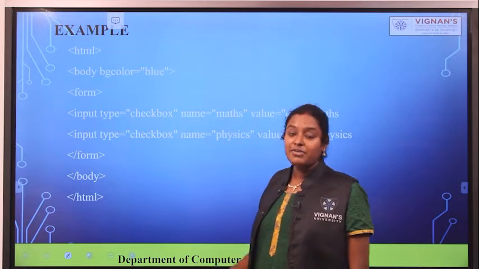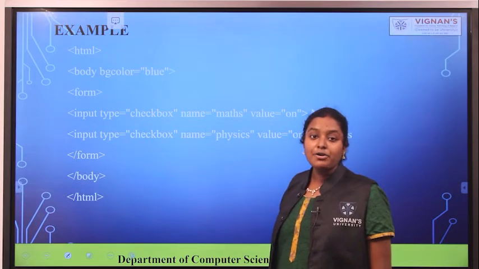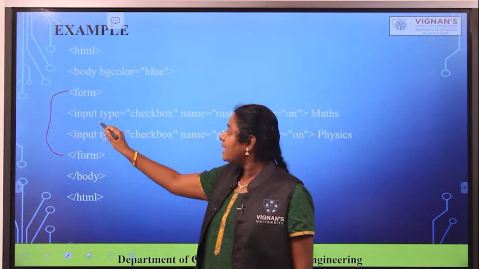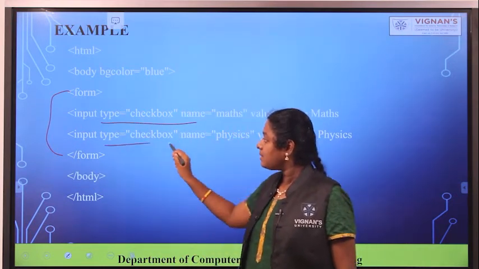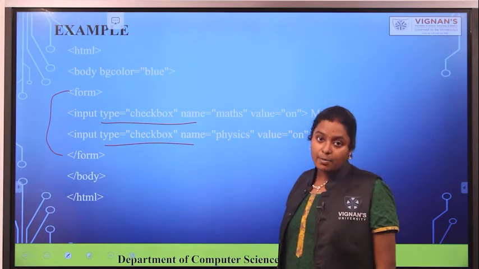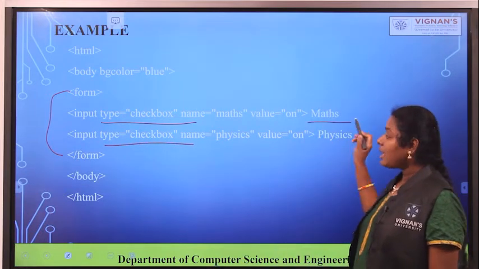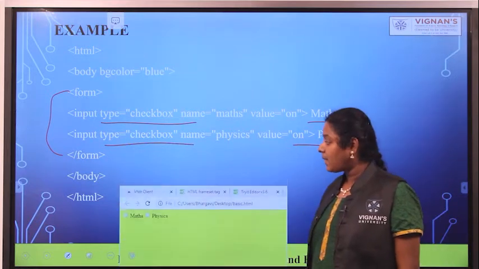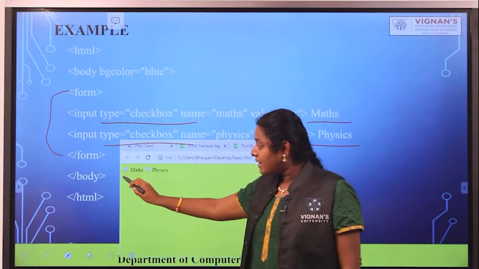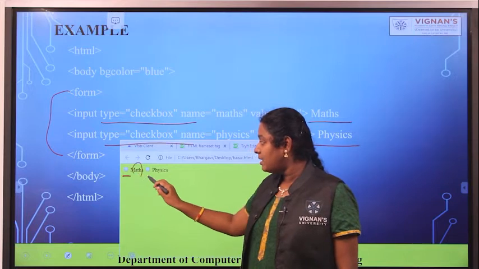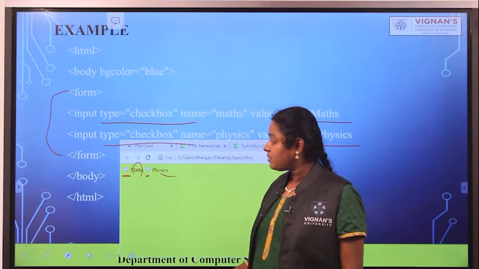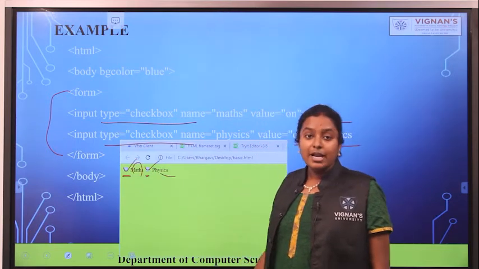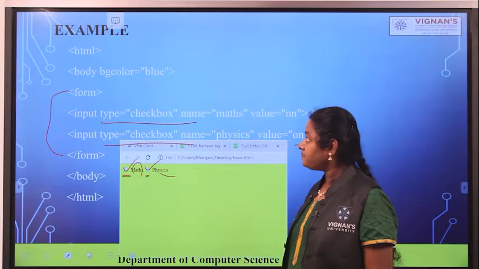So this is the example for the checkbox. Again you have to write this control within the form tag. Here again I am creating 2 checkboxes same as the radio button and I am giving a label to the corresponding checkbox. So see the output. You got a checkbox followed by the label, checkbox followed by the label. You are able to select the corresponding options. So at a time you can select 2 or more.